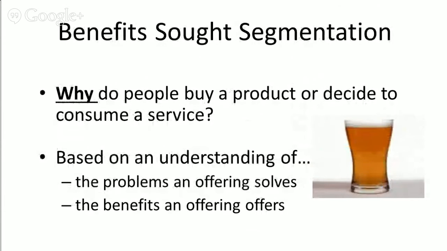Benefits sought. This is just why people use or don't use a product, okay? So you understand the problems that they solve, the benefits that they offer. So for beer, why do people drink beer? Quench the thirst would be one. Taste would be another. Third would be because my parents did. Fourth would be, and I'm talking to guys here, maybe it allows you to meet girls, so it's called liquid courage for a reason, so there's some social aspects for drinking beer. Some people drink beer to get drunk. There's lots of different reasons. And so if you understand,